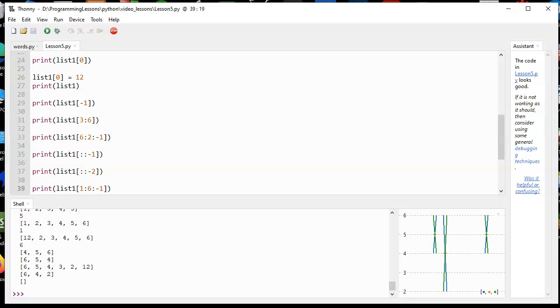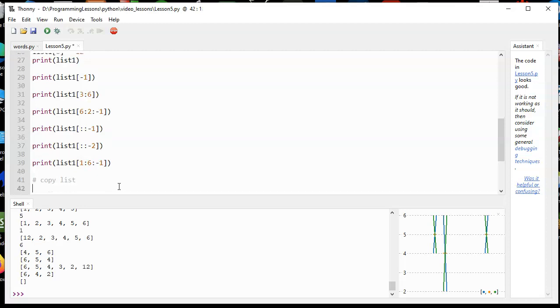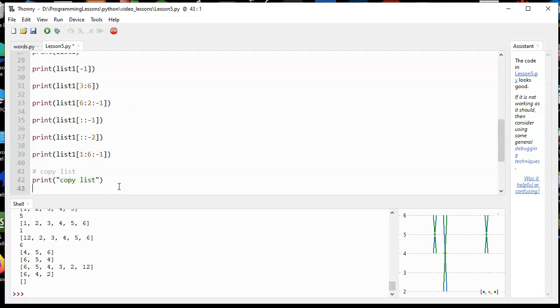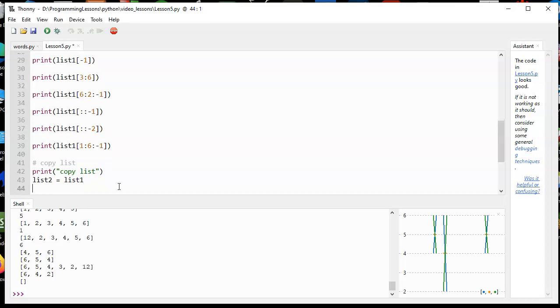Okay. So when you copy a list, let me just put a little heading here, copy list, and then you can put a print statement. So when you copy a list, you can't say list 2 equals list 1, because list 2 is pointing to list 1. So if you print out list 2,